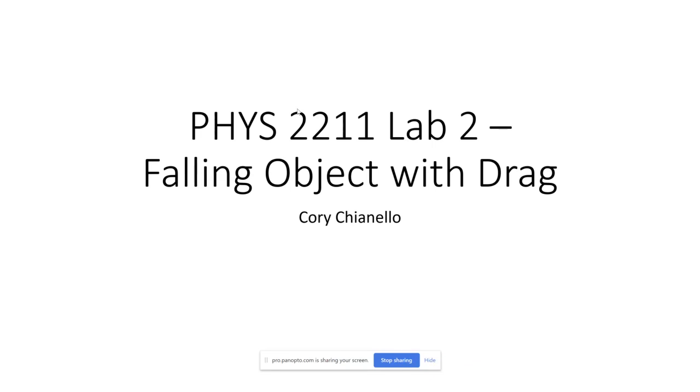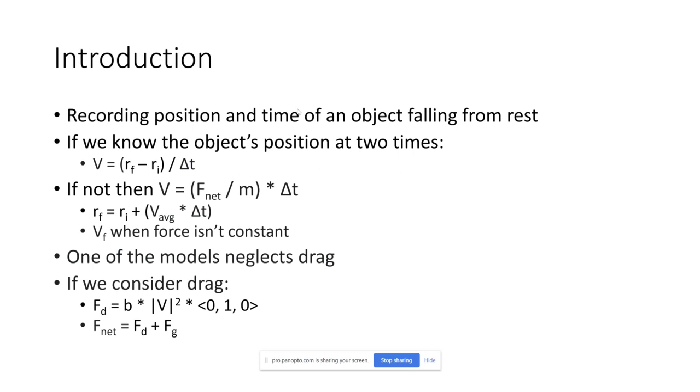Hello, this video covers Physics 2211 Lab 2. In this lab, we were tasked with recording an object's position and time as it fell, starting from rest. Since we know the object's final and initial position over various time intervals, we can calculate its velocity over those